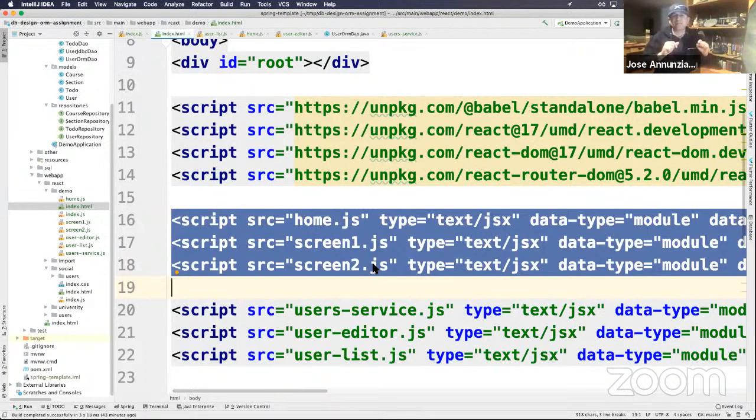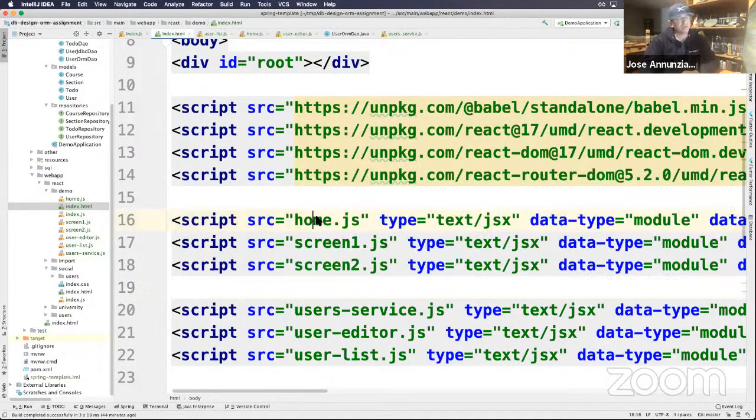You have a root component that can bring in multiple screens and then decide to show this screen or that other screen, and each screen can then load other components and so on and so forth. So we implemented that last lecture. We implemented a couple of screens just to illustrate how we can navigate from one screen to another screen. So here we have a component